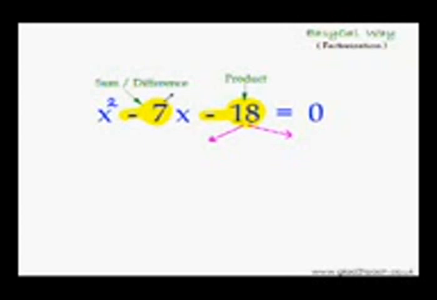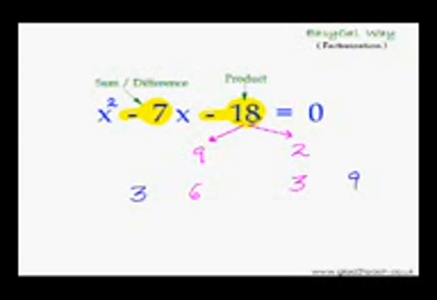Did you say 9 and 2? That's absolutely correct. Isn't it? 9 times 2 is 18 and the difference of 9 and 2 is 7. If you want, you can check the other factors of 18 as well. Be my guest. 6 times 3 is 18, but the sum of 6 and 3 is 9. We need 7 and the difference of 6 and 3 is 3. Still wrong, as we need 7.